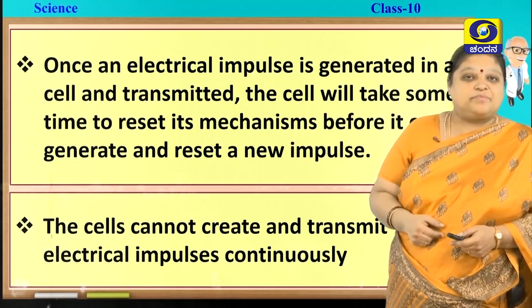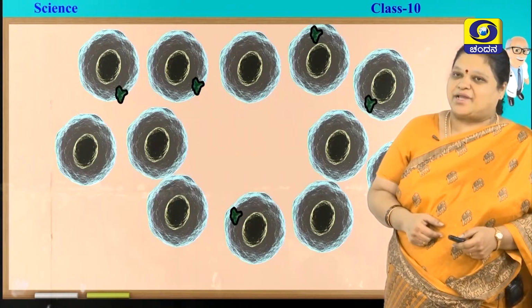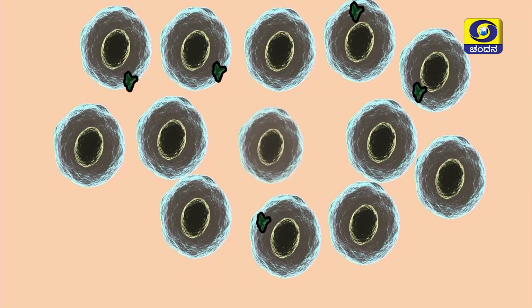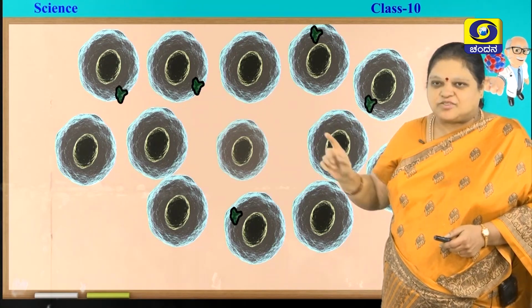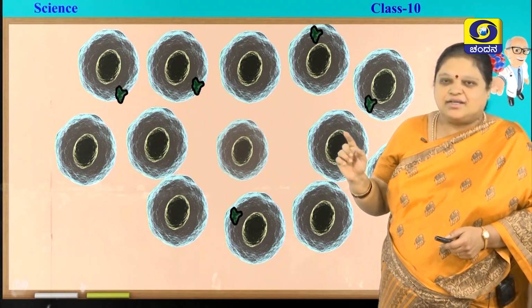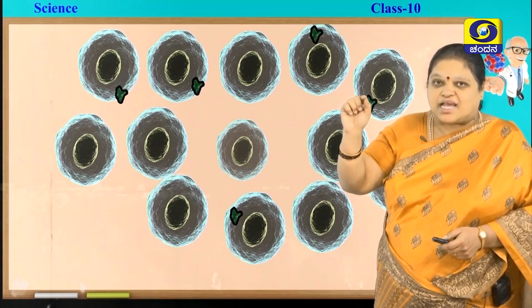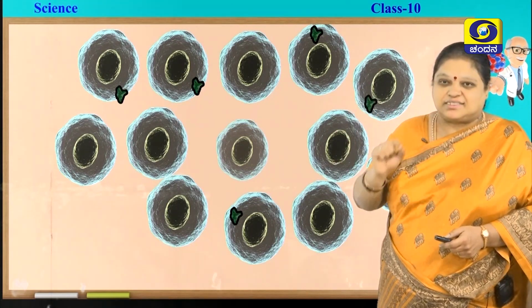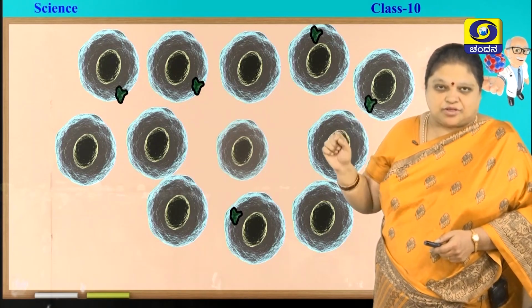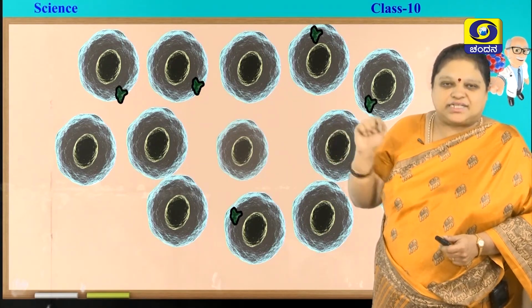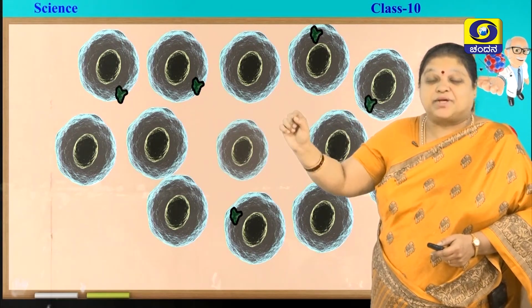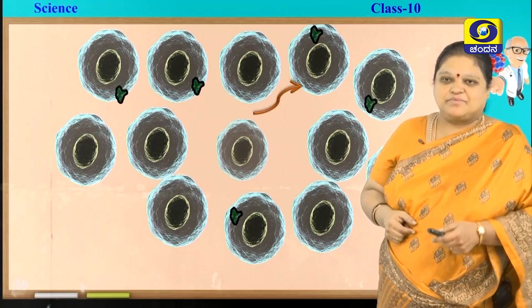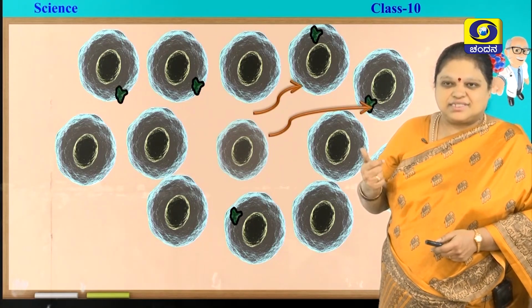Then what happens in the plants? Plants have a different mechanism. You can see a sample of cells here. That is the cell which has to send the impulse, the one which flickered. You can see so many other cells present surrounding it, but the cells which have some specific proteins, you can see the green colored spots that I have shown, those are nothing but the proteins. Only those which have the proteins will receive the impulse sent by this. See, that received, see.